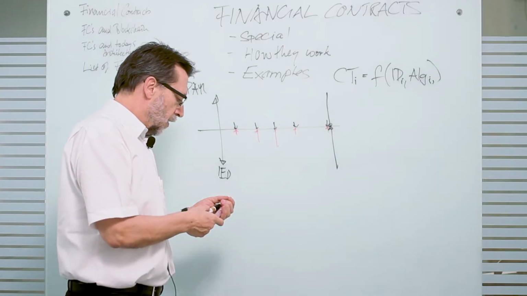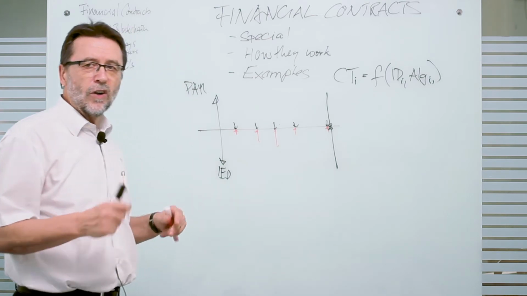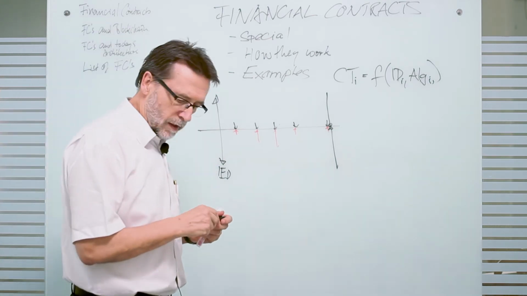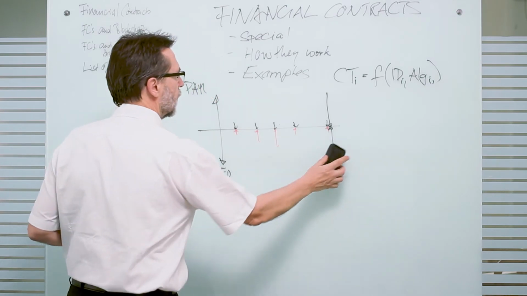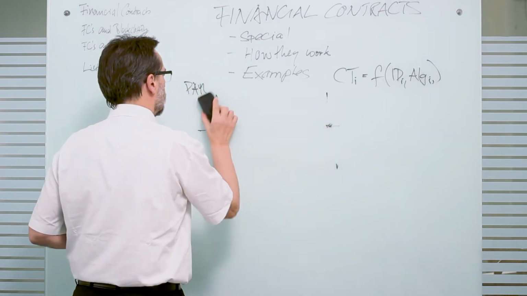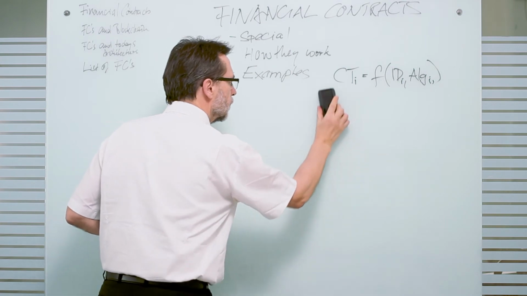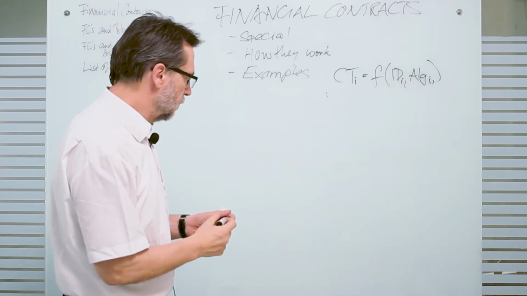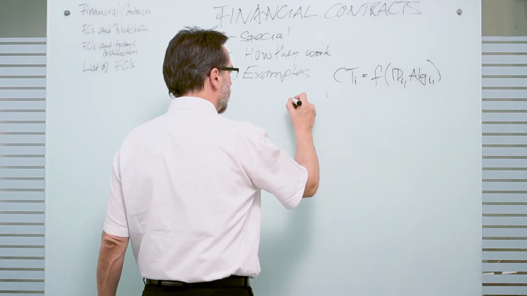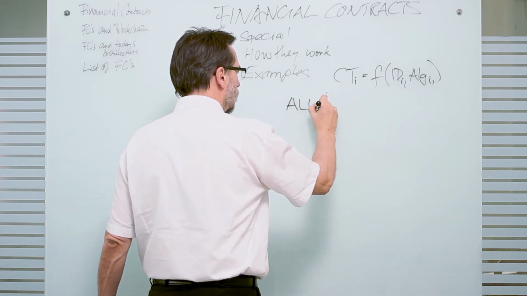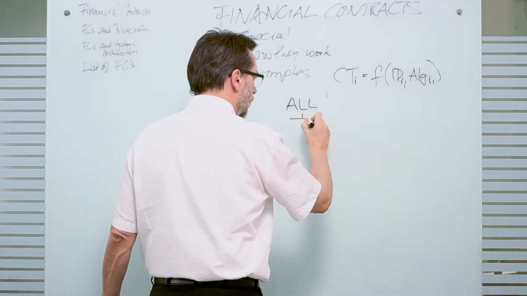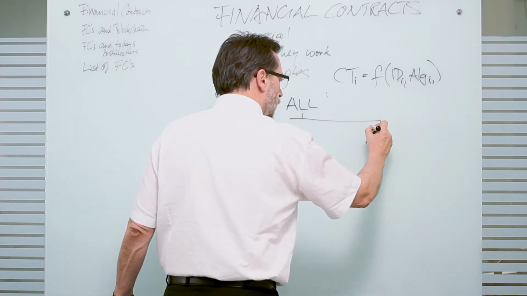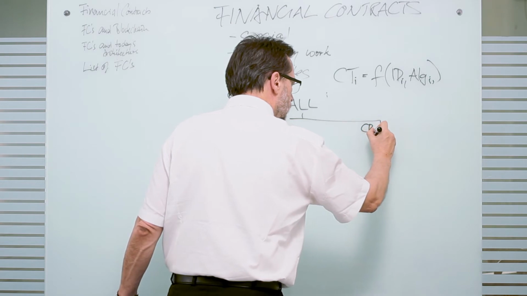So, if we look now at all the contracts which are out there in the world, then let me erase that. We have the following conditions. So we have, let's say these are all contracts. And then there are two main branches. One is the credit enhancements.